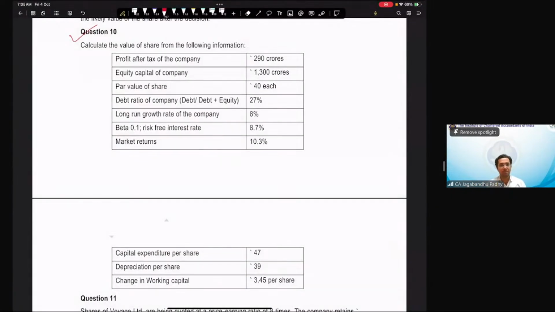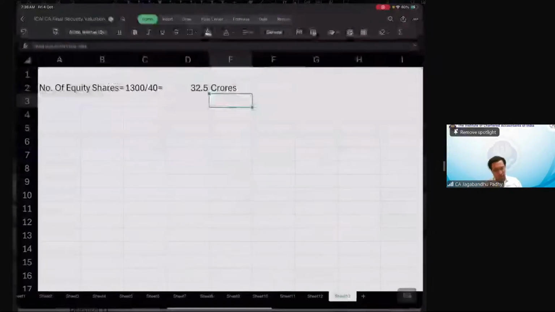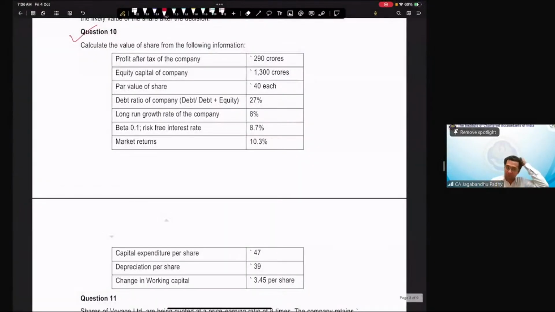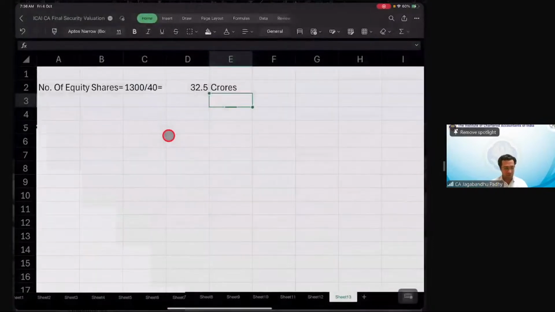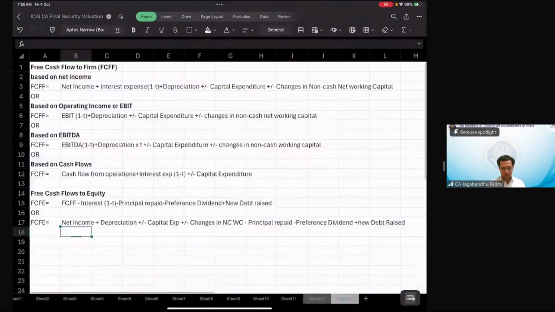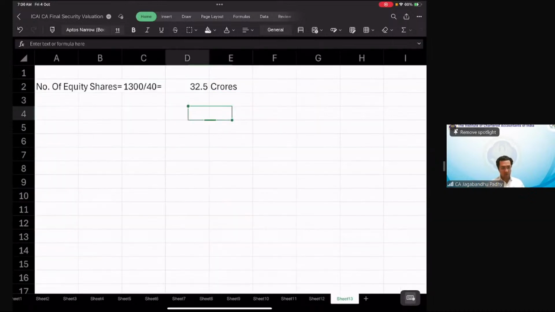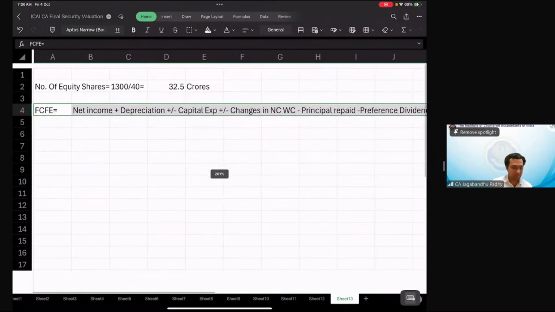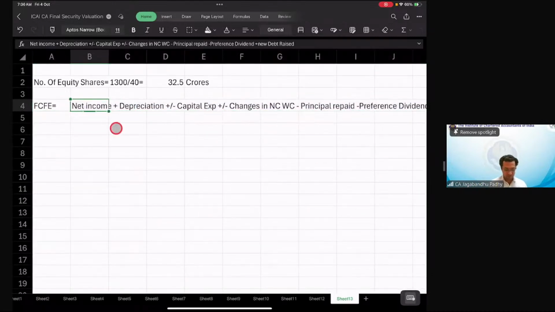Then we need to get the FCFE. Now to calculate the free cash flow for equity, the question doesn't have any preference shares or anything with regards to loan repayment or additional debt being raised. But still, I'll first write down the entire formula over here so that we'll get an idea what all we need to compute, right? So we have to get it on a per share basis. So if it is FCFE per share,